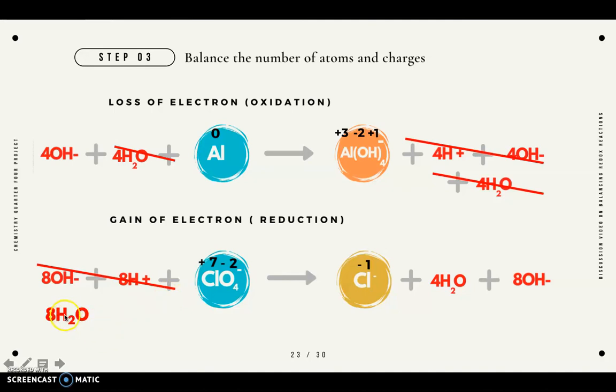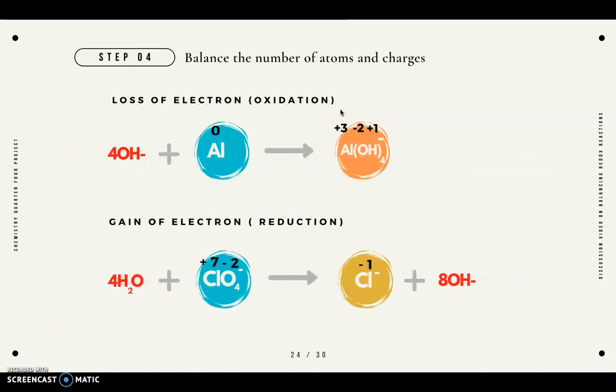Now, we can cancel the water molecules on both sides. So 8 H2O minus 4 H2O will lead to 4 H2O molecules on the left side only, because on the right side, the 4 H2O molecules are already cancelled. Thus, we are left with an oxidation half reaction with balanced atoms as follows: 4 hydroxide ions plus aluminum yields Al(OH)4 minus. For the balanced atoms in the reduction half reaction, we have 4 H2O molecules plus perchlorate yields chloride ion plus